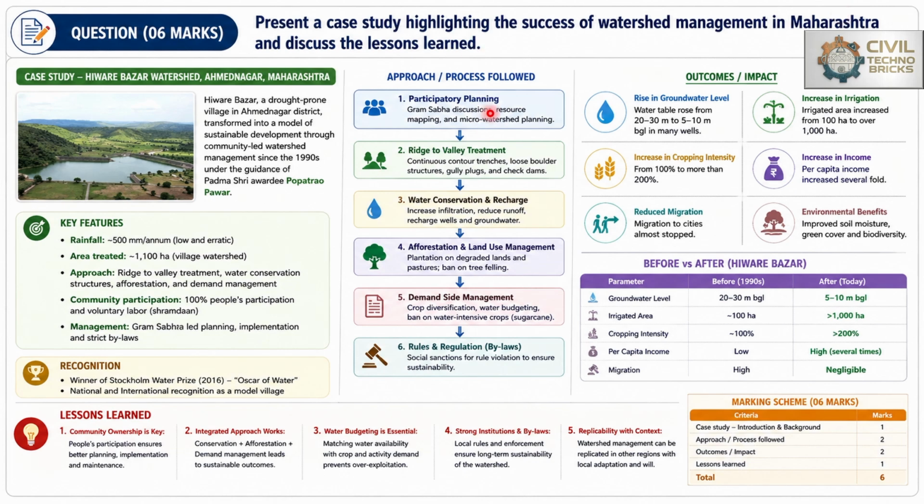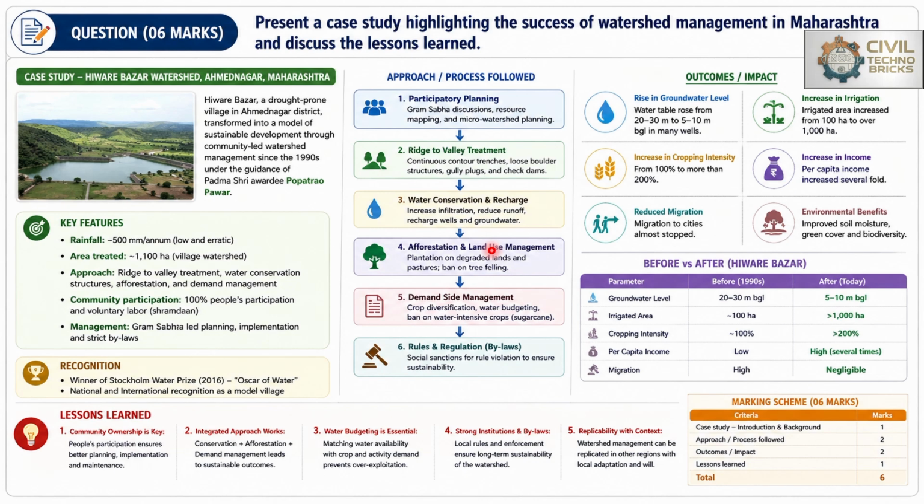So what is the approach or process followed? First, participatory planning from the Gram Sabha discussions, then reach to valley treatment where continuous contour trenches are excavated, then water conservation and recharge where water is allowed for infiltration, and runoff water must be obstructed with reference to some trenches so that the whole runoff water will get